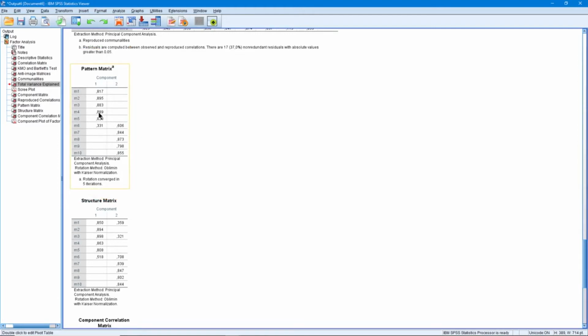That's the pattern matrix table we see here. The table shows us which sub-dimension each item falls under and also the factor loadings. That's why this table is so important. How do we read this table? First of all, this table will contain as many columns as the number of subdimensions we have just found. There are 2 columns here because we just found 2 subdimensions. These are named 1 and 2. Here are our items. Here we see some values. The values here are the factor loadings, as we have just mentioned.